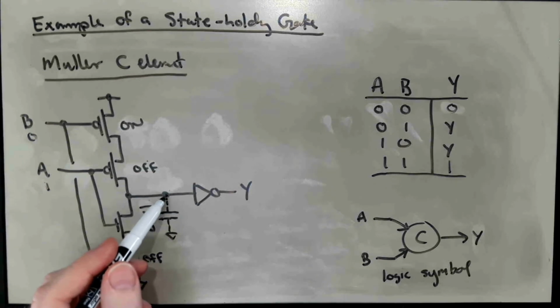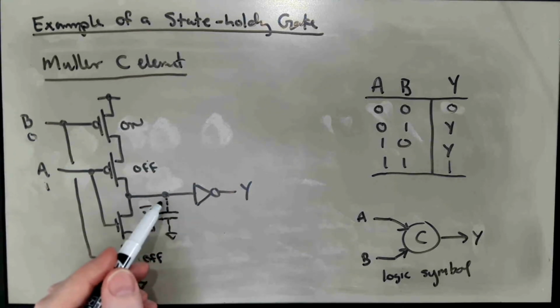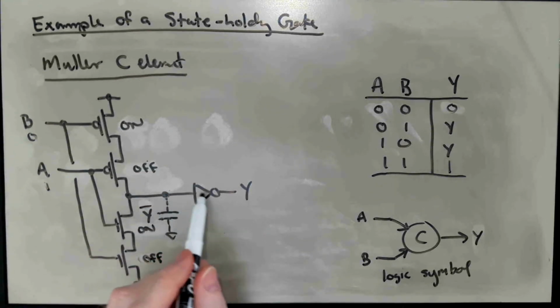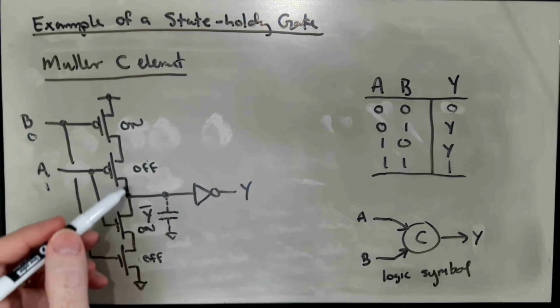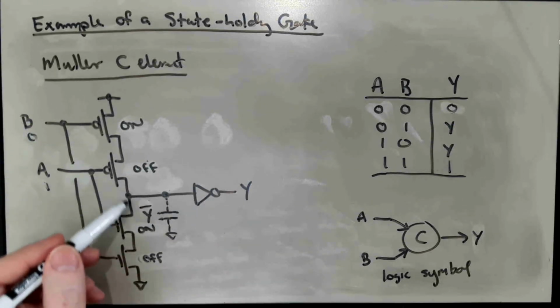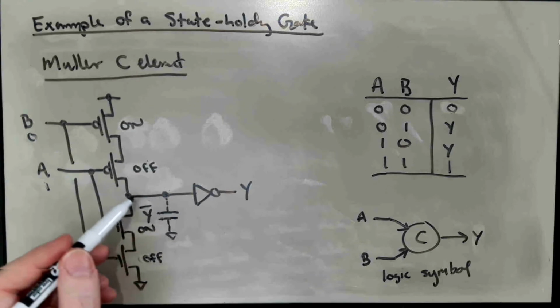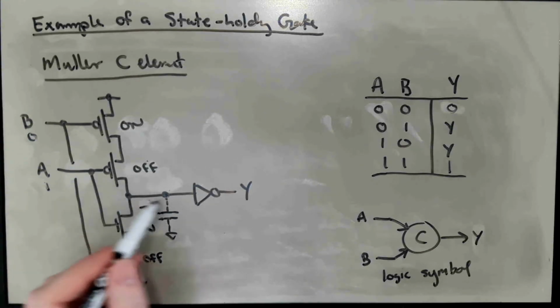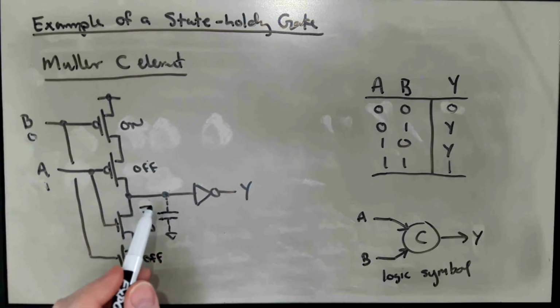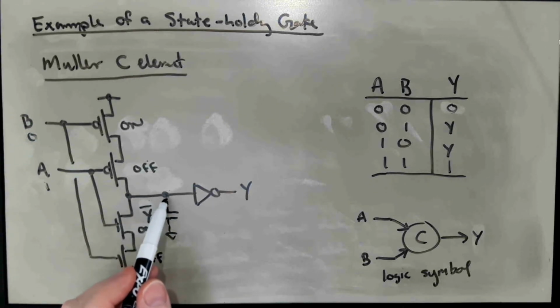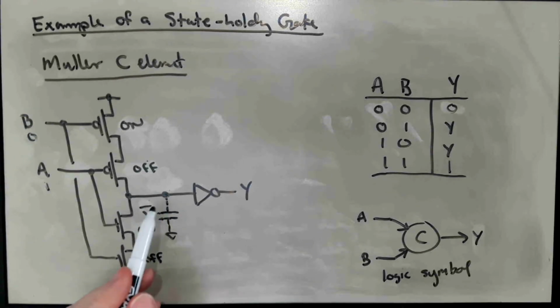And so there will be some charge here, and there will be some input capacitance of this inverter here, and some drain to bulk capacitance of these two transistors, and some wiring capacitance here for the local interconnections. And that could amount to a few tens or hundreds of femtofarads at most, usually. And that charge sitting on that capacitance would be able to hold the state of the gate for at least